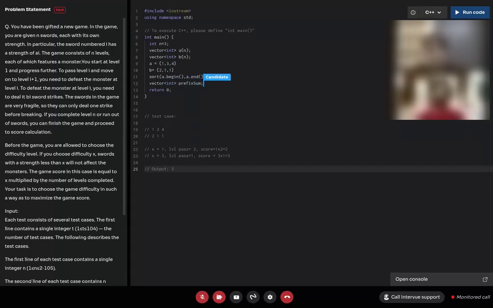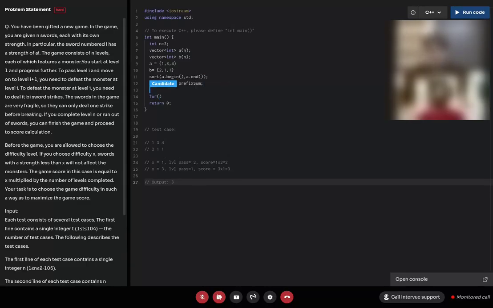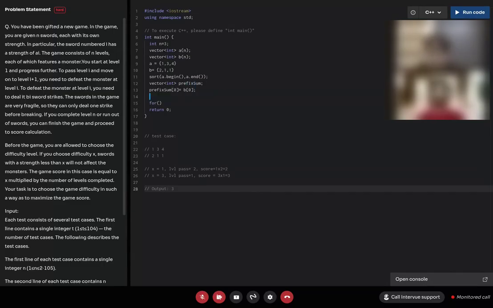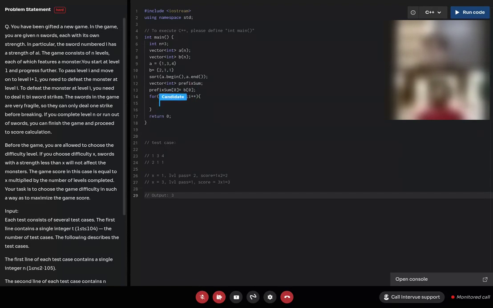Prefix of 0 equals B of 0 and then I'll calculate for i equals 1, i less than n, i plus plus, prefix of i equals prefix of i minus 1 plus B of i.